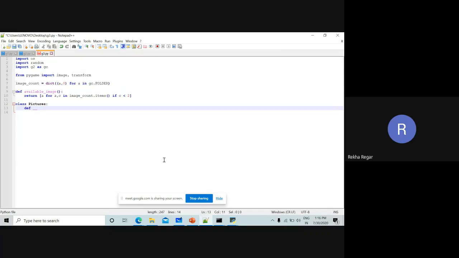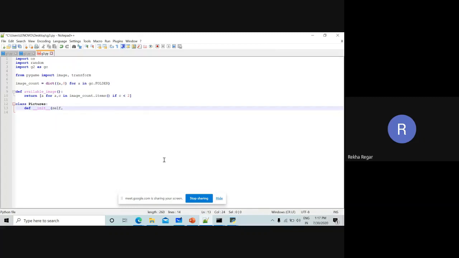So this is __init__. We are going to use this init to initiate the class references or values. So for that the first value is self. The self is going to help to access all the attributes of the class.